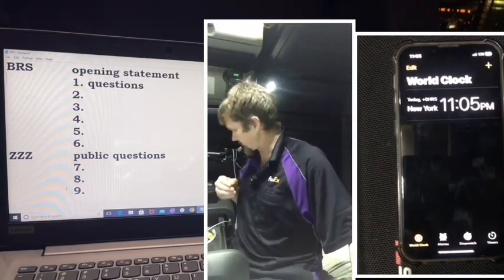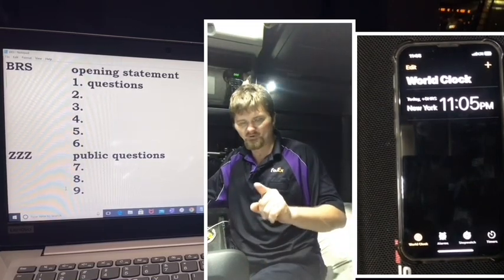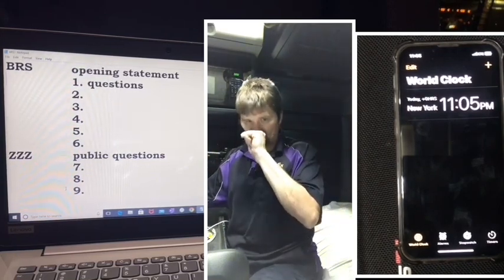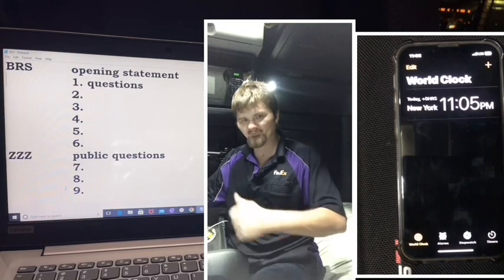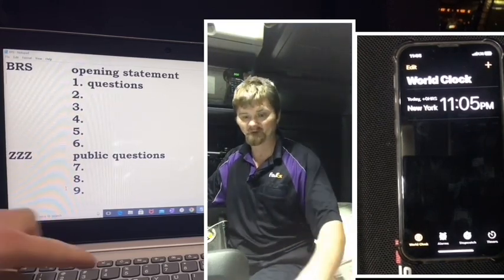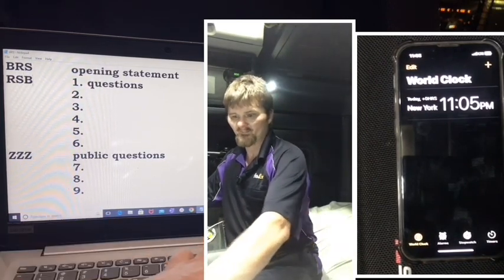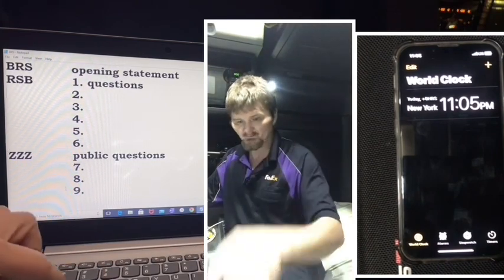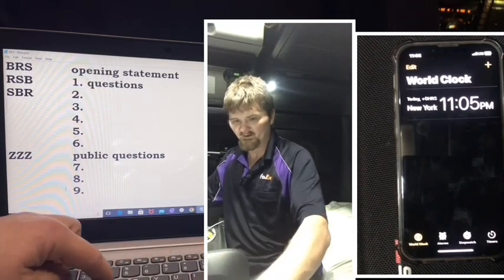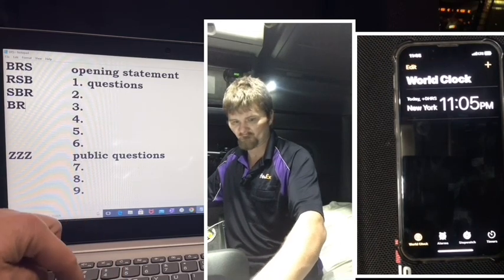Alright, so we're good. Alright, so opening statement is Barker, Ruff, Shones, and now we can rotate. So the second person is first, third person is second, and first would be third. So second person here is Ruff. So Ruff, Shones, Barker on the first question. Shones, Barker, Ruff. Second question. You can see how this is going. So Barker, Ruff, Shones,